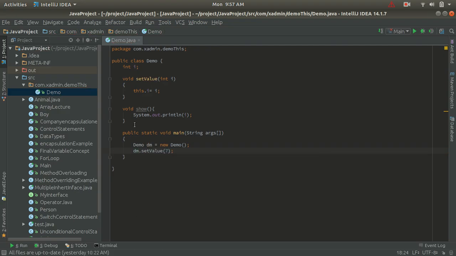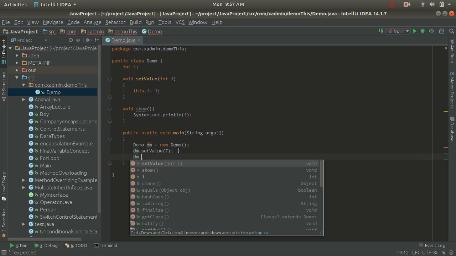So the 7 goes to the setValue method, and i will receive the 7, and it is going to store the value 7 in the instance variable. With the help of the this keyword I am storing this 7 in the instance variable, right? Now let's print the value with the help of the show method.